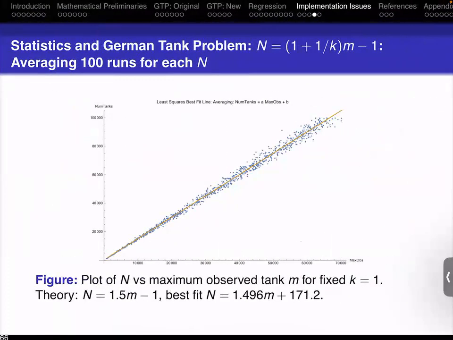Another thing we could have done, if we really wanted to plot n as a function of m, is for each choice of n, do a tremendous number of experiments and average. And so now each dot over here represents 100 runs for each n. And when you average like this, it actually now does a very good job of predicting. It cancels a lot of the noise. So there are tricks you can do.